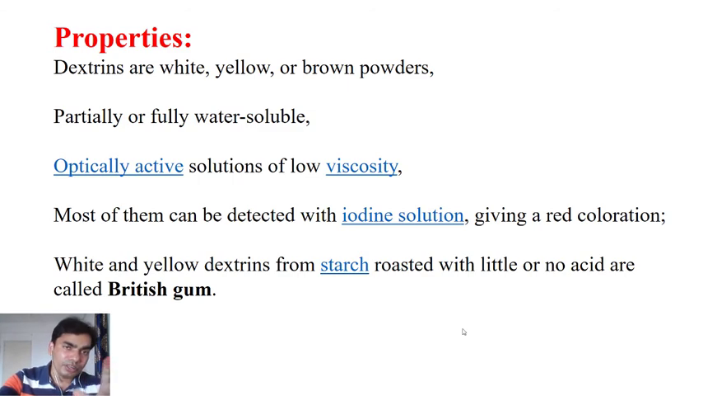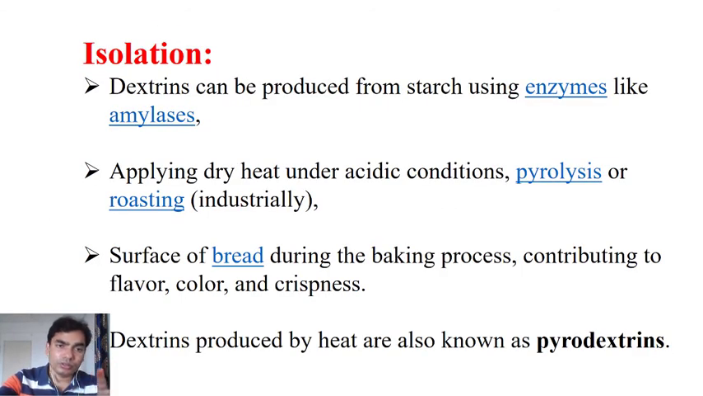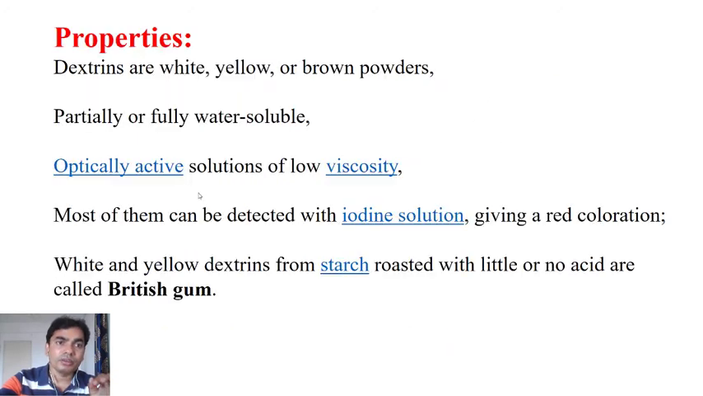So there are many uses of these dextrins, and by this way we can isolate them. So what are the properties? Dextrins are white, yellow or brown powder. Partially or fully water soluble, optically active solutions of low viscosity, and most of them can be detected with the iodine